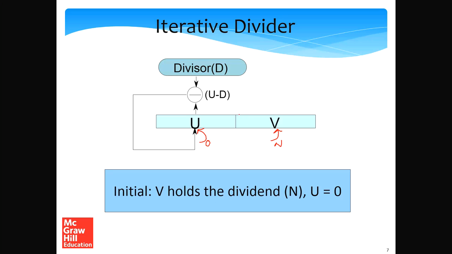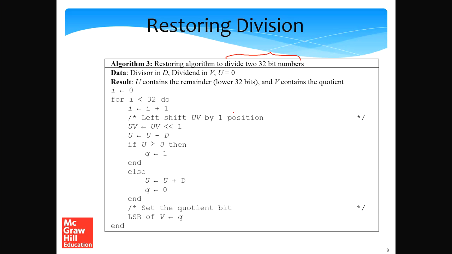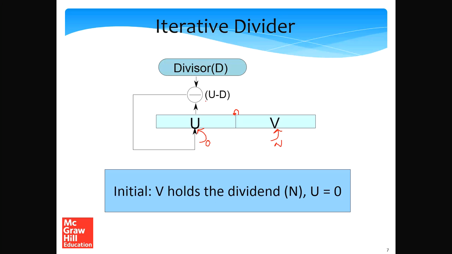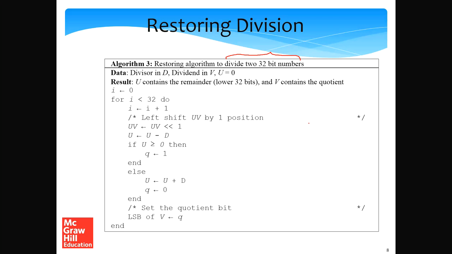And so if you left shift, then essentially this bit will come here. And at the end, we want U, the register U, to contain the remainder, and register V to contain the quotient. So U will at the end contain the remainder, and register V we want to contain the quotient at the end. Alright, so what we do is run a for loop 32 times. For I equals 1 to 32, that's all that these lines do.